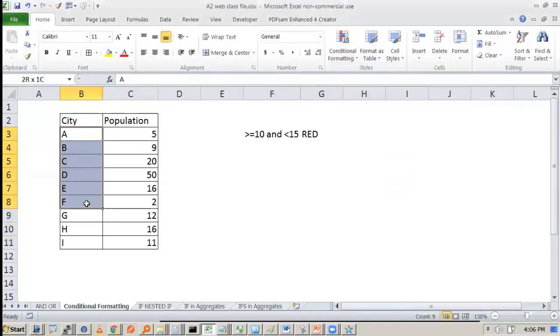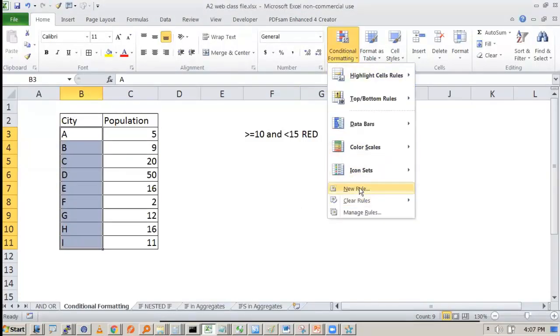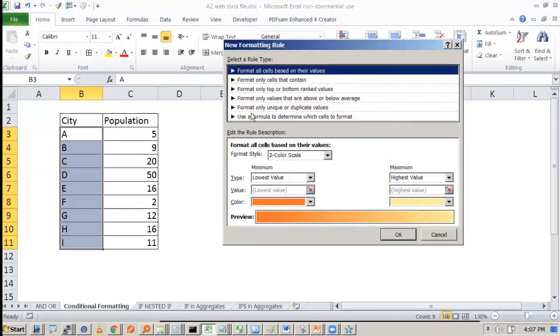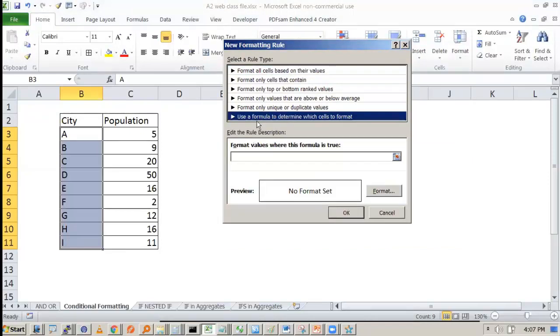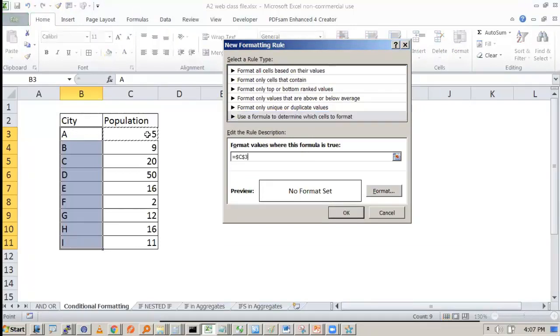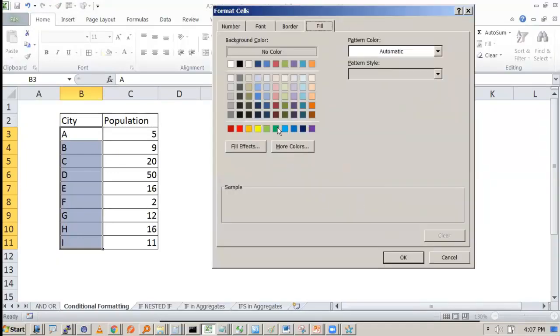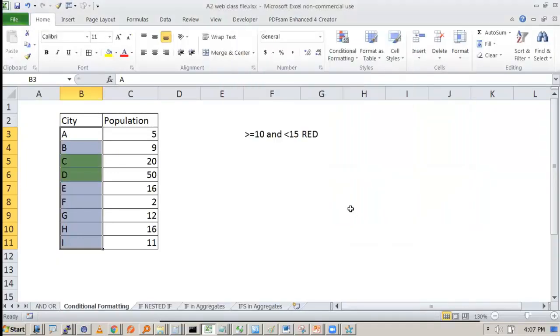Right? So please remember, when you are selecting, I'll show you how we are doing it. We select the cities and go to conditional formatting, go to new rule. We don't select all of this, we go to the last one, and then it says use a formula to determine which cells, and we are saying that this cell is greater than equal to 20. But the moment I select this cell, it will always be fully absolute. So we have to press F4 and make it relative. And then we say greater than equal to 20. And you can put the color. Okay. So it has come like this.